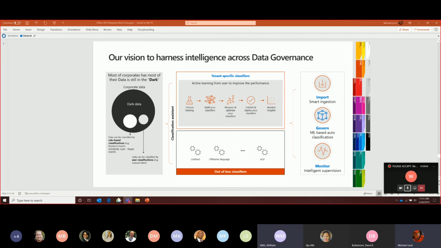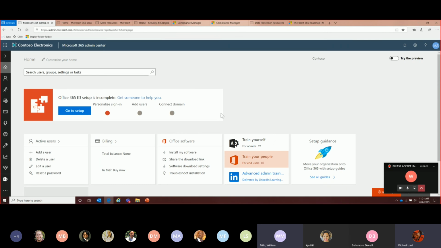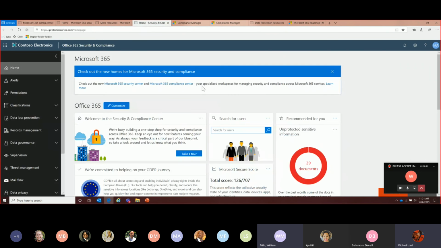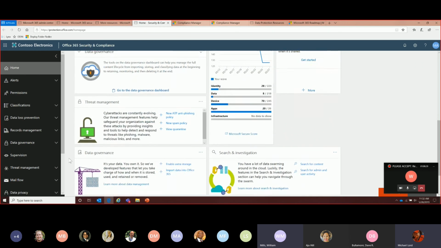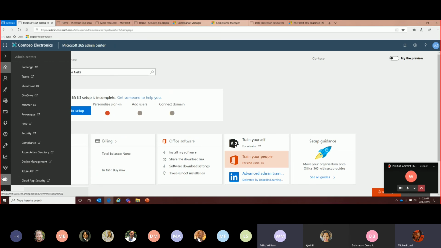Yep. So let's dive across real quick, and I have some tenant tools open right now that are very specific around the Security and Compliance Center and some of the items that are rolling out. So today, when you go to the Security and Compliance Center, these are, of course, role-based accesses that are above and beyond individual workloads. So let me be clear for those who aren't aware, there are different roles within Office 365 around managing a specific workload. So let me show you here.